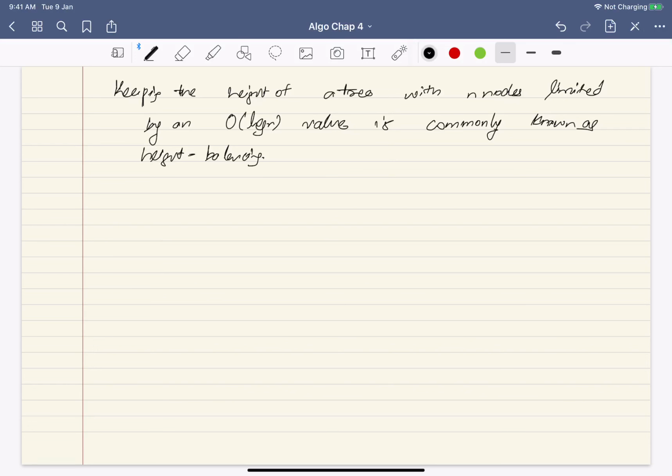Okay, and any tree that has this property, a tree with height order log n, is called a height balanced tree. So that means there are quite a few height balanced trees where you can make sure that the height of the tree is order log n at any point of time.